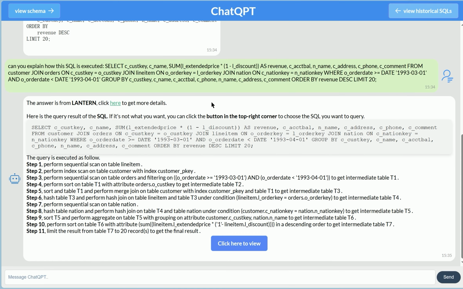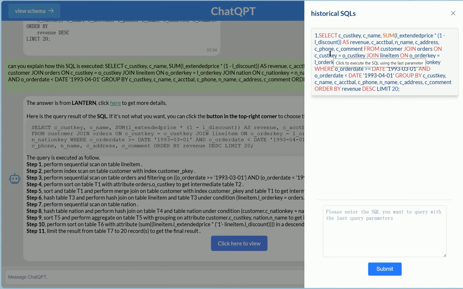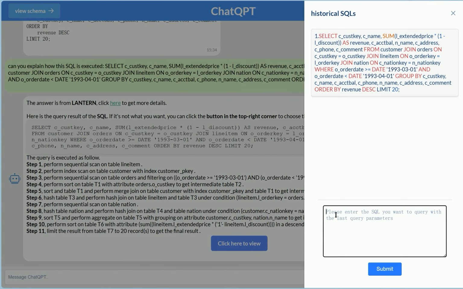The second part, provided by the Hallucination Management Module, shows the SQL queried by ChatQPT, which helps us determine if it is the expected answer. If it's not the one we want to query, we can click the button to view historical SQLs and choose the SQL which we want to query. If the SQL we want to query is not in the history, we can directly enter a SQL.